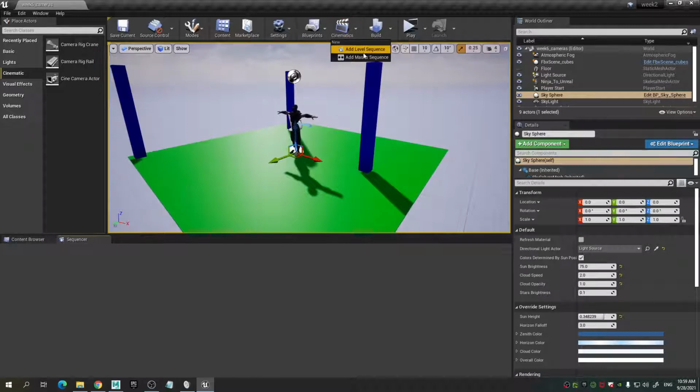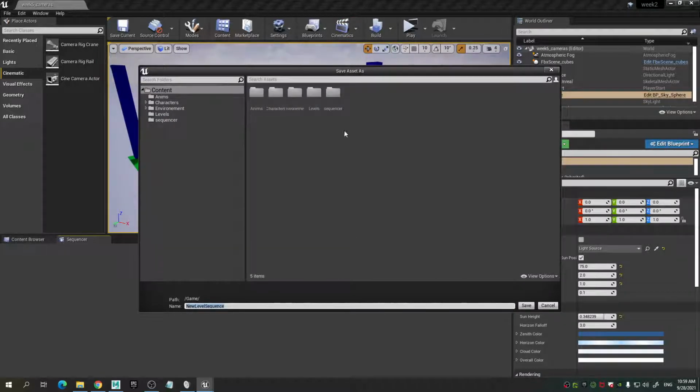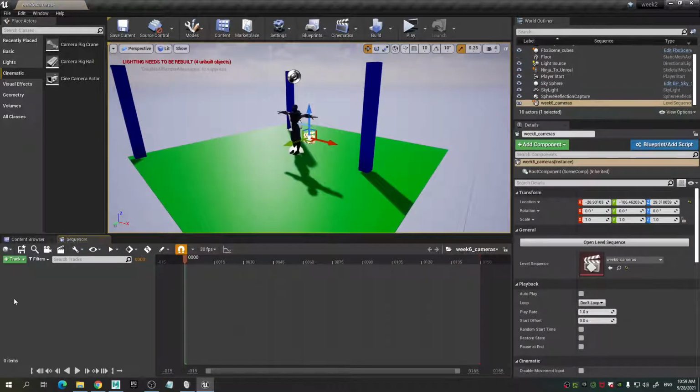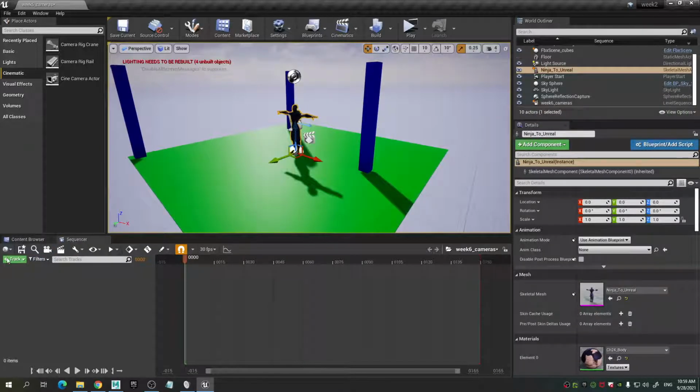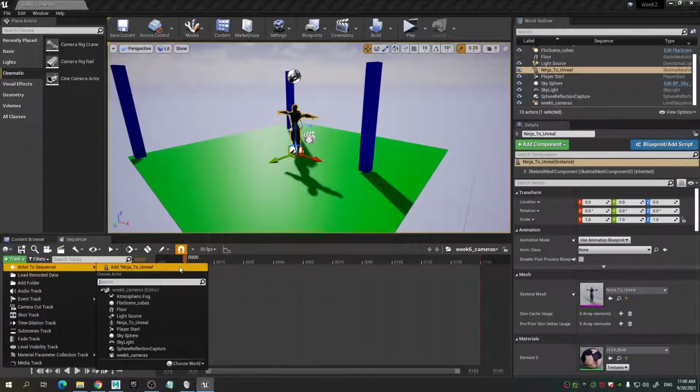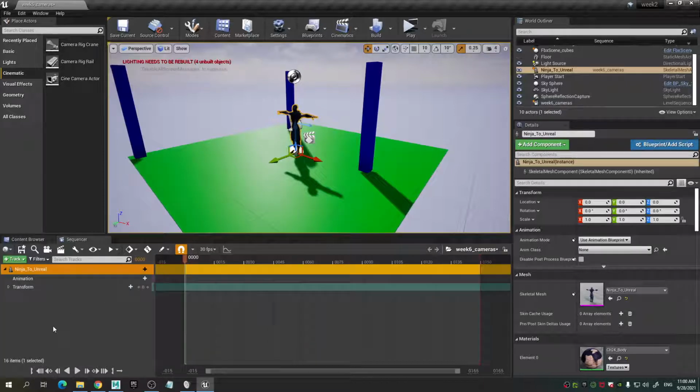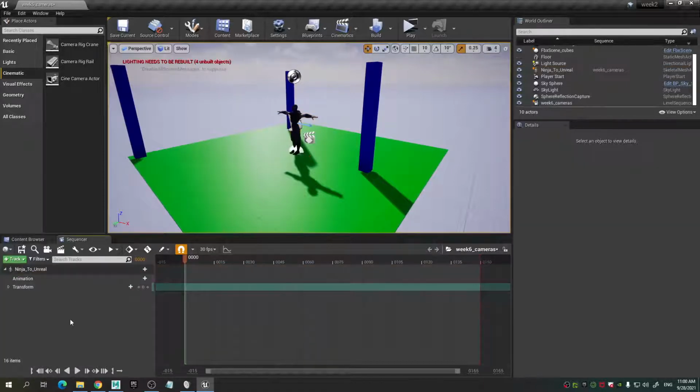So we'll create a new sequence, add level sequence. In sequencers, call it week 6 cameras. All right, first thing we can add is, let's add the character. So select the ninja, track, actor sequence. Always when you select it, it will be on the top. So this is our ninja